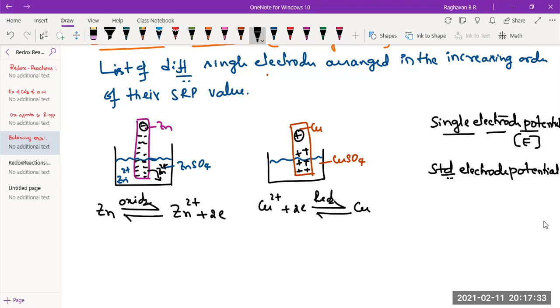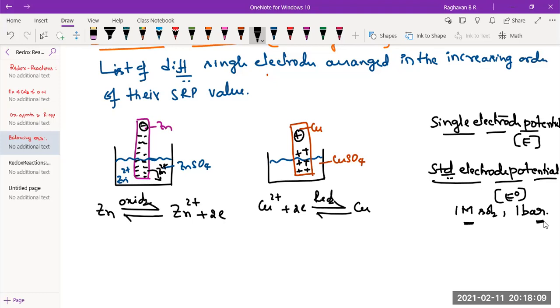Similarly, there is one more term, that is standard electrode potential. What is standard electrode potential? Symbol for this is E0. So it is the potential developed when a metal rod is in contact with 1 molar solution of its own ions. If it is a gas, instead of a metal, if you take a non-metal or a gas, then the pressure of the gas should be 1 bar. Under these two conditions, whatever electrode potential is developed, that is called standard electrode potential. That's all. Temperature is not here, only molar concentration and 1 bar pressure.